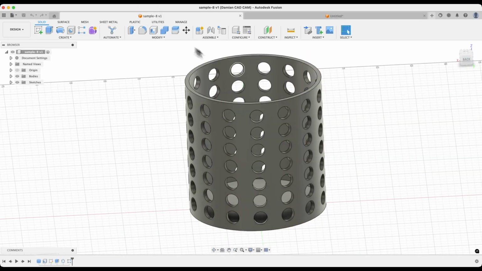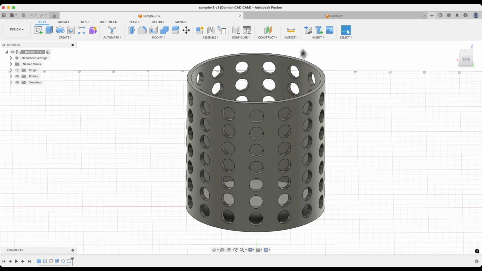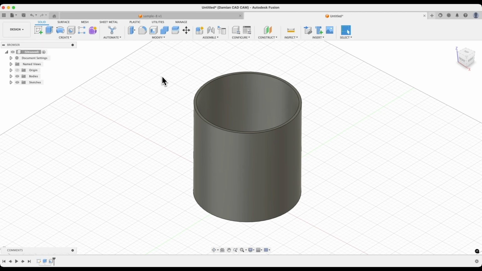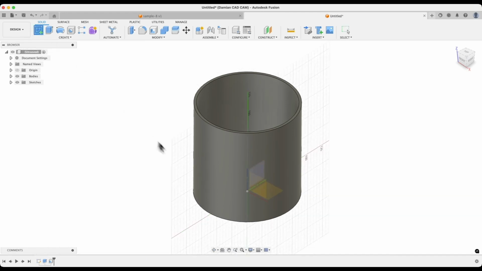Now, as you saw here, in this solid we have many holes, and these holes were created using a circular pattern and a rectangular pattern. We can do it in such a way that we create one hole. I will create a sketch on the XZ plane, which is perpendicular to the XY plane. We can choose the XZ plane or the YZ plane. It doesn't matter much. We select one of these planes,